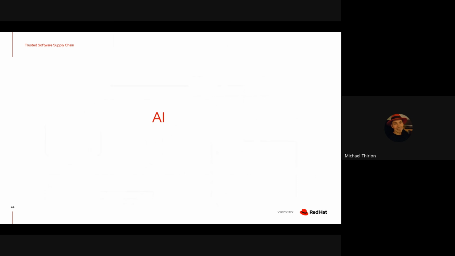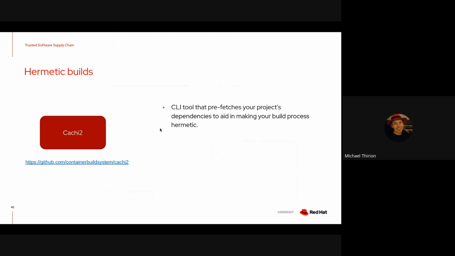Of course, we are adding some AI capabilities to our tools to make the use of the tools easier. And we are working on the level 4 specification and the tools that are needed to be compliant with the level 4